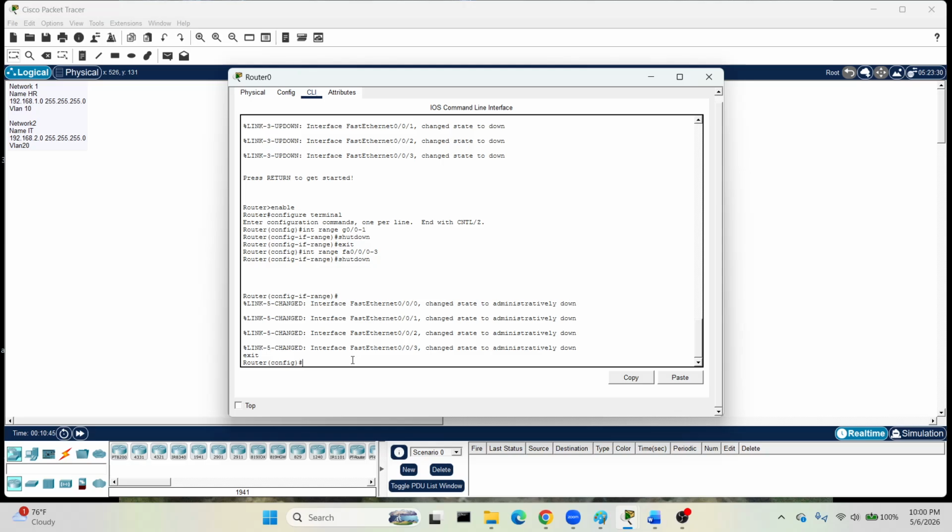Alright, here we want to try and set up our encapsulations and our DHCP pools. So if we go through and set up our DHCP pools first, we can then come back and set up our encapsulations. So let's go ahead and do the IP DHCP excluded address. Now you typically can go in and put the very first one,